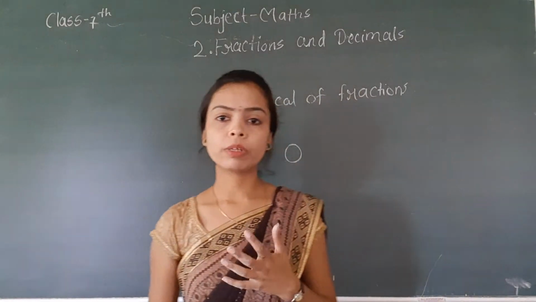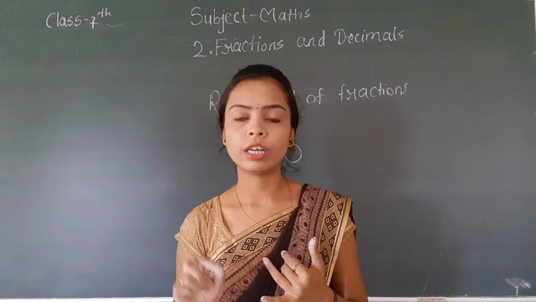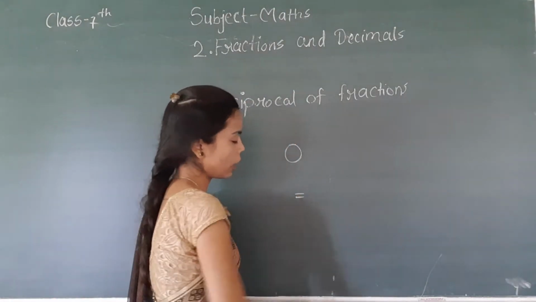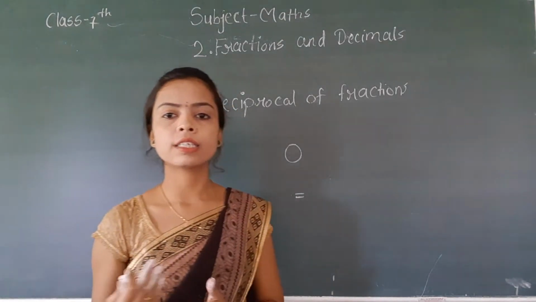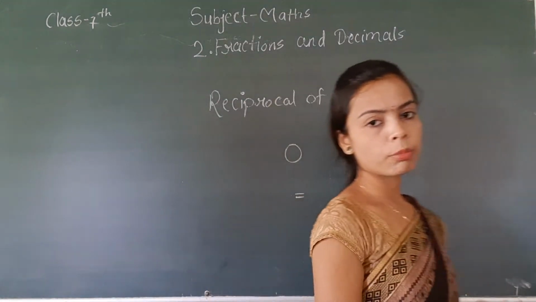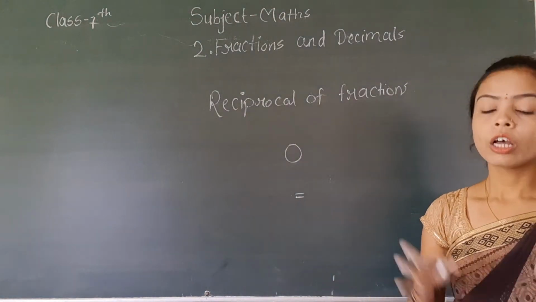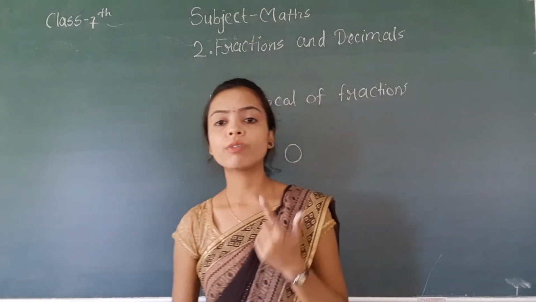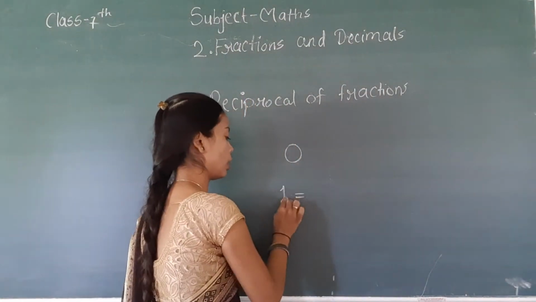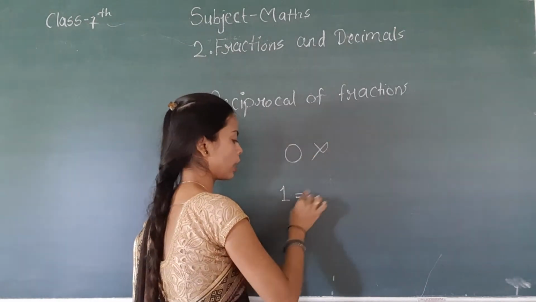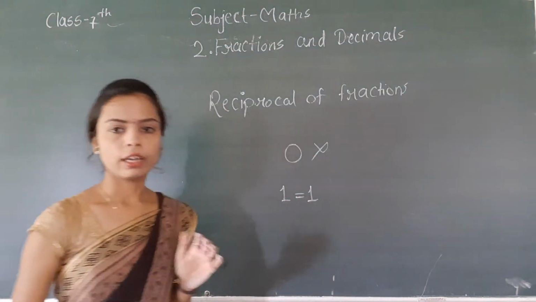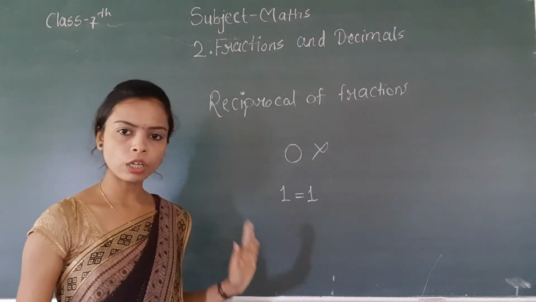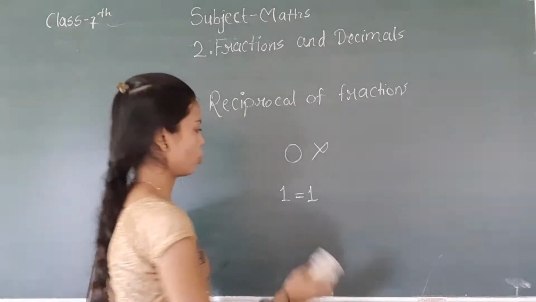अभी आप मुझे बताएंगे which number has the reciprocal itself. मतलब ऐसा कौन सा नंबर है जिसका रेसिप्रोकल आप अगर निकालते हो तो वही नंबर आपको एज ए आंसर मिलेगा. किस नंबर का रेसिप्रोकल वही नंबर होता है तो वो होता है 1. 0 का रेसिप्रोकल नहीं होता है, 1 का रेसिप्रोकल 1 ही होता है. ये याद रखना है ये दो टर्म्स, अदरवाइज इनको छोड़ के जितने भी फ्रैक्शंस होंगे उन सबका आप रेसिप्रोकल निकाल सकते हो.